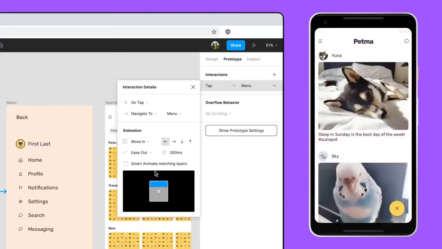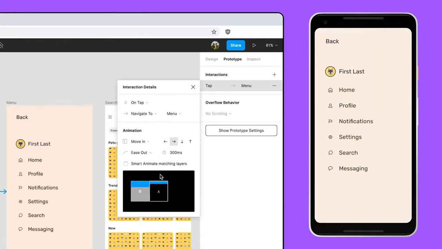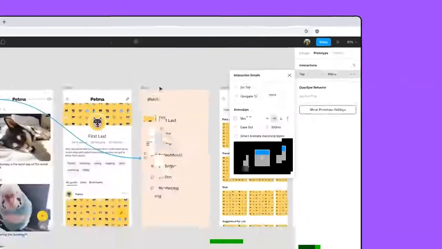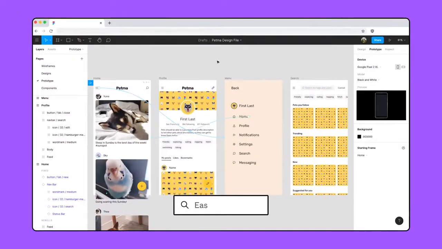The menu icon is on the left side of our screen, so our menu should move in from the left. Click the right arrow from the Interaction Details panel to set the direction. We can also set the duration to control the speed of the transition and use easing to make the animation feel less robotic. We won't explore these settings now, but you can learn more by searching for easing in the